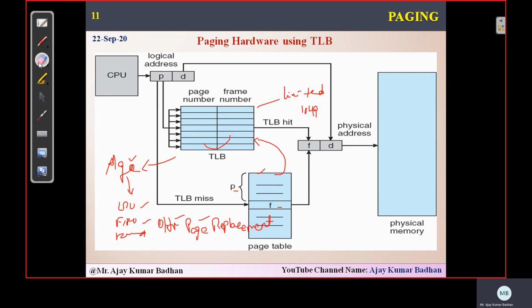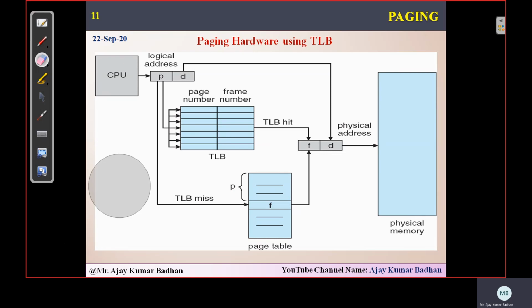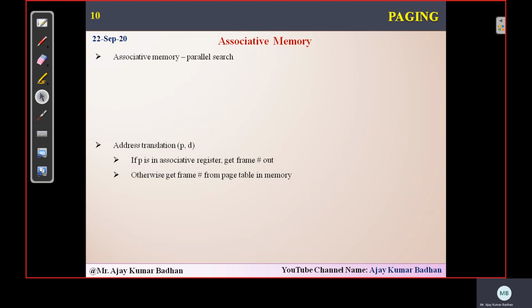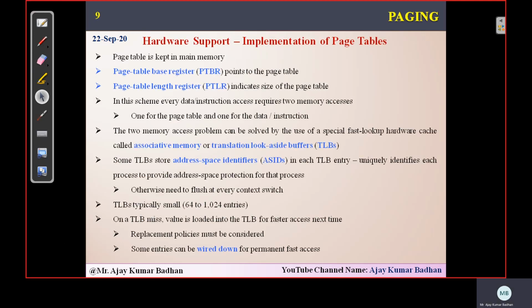Apart from that, others are also there. We will be looking at them when we come across that particular concept. Okay, so these are the concepts that we have in the next half. So here we'll be discussing page replacement, which is nothing but focusing on this TLB. How to replace the pages within this TLB, that we will be seeing there. Okay, so remember that. So this is what comes around TLB. Now here we do have an effective access time, but before that we need to go to the previous slide since we did not discuss the remaining part here. So I have explained till here.